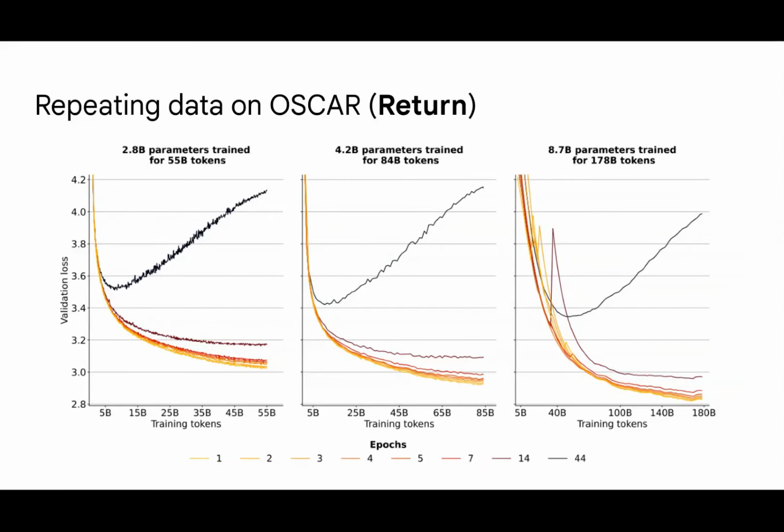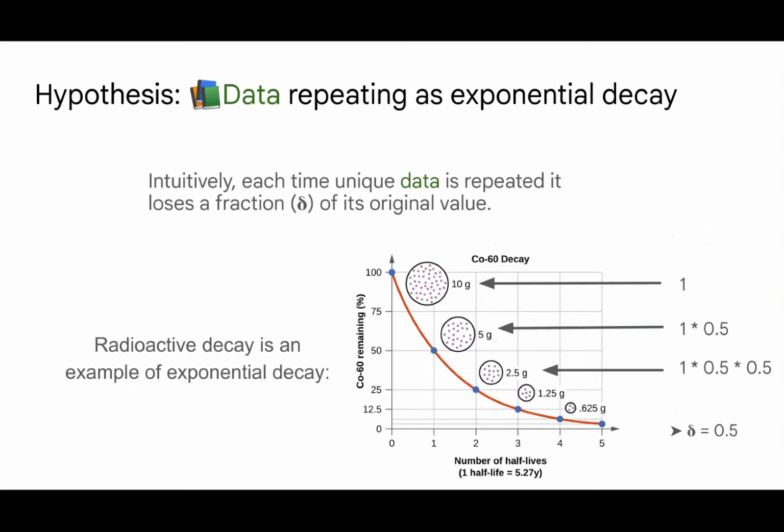We run these same experiments using a different dataset known as OSCAR. OSCAR uses a similar domain of data, but is significantly more noisy than C4. From a high level, though, the main results hold here as well. Relatively little loss in return after 4 epochs, but things start to decay at around 10 epochs and get quite worse towards the end. These experiments show that the value of data clearly decreases with more repeats.